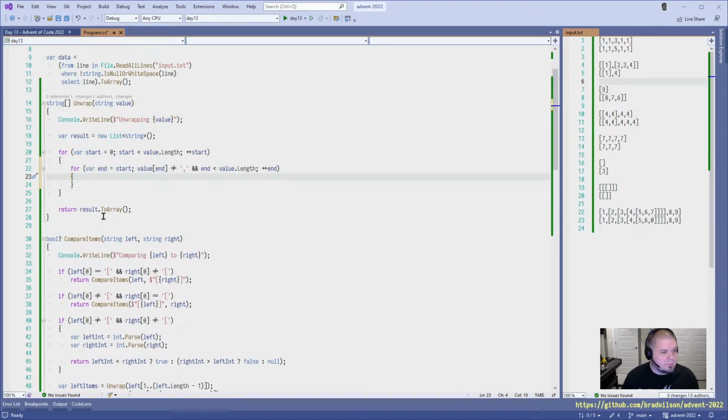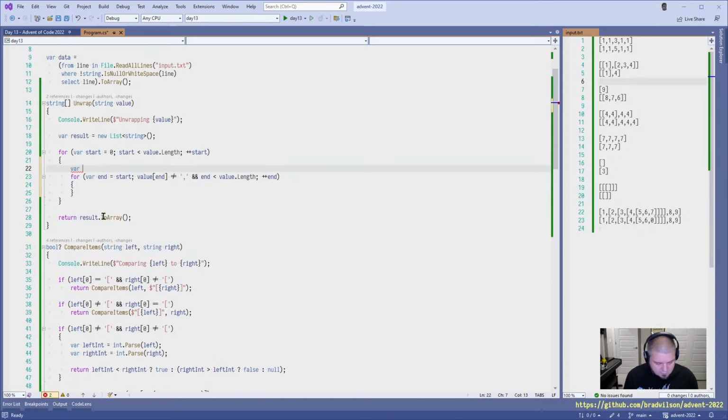Okay, so let's see, inner count is 0. Inner count is 0. So keep going if the inner count is greater than 0 or